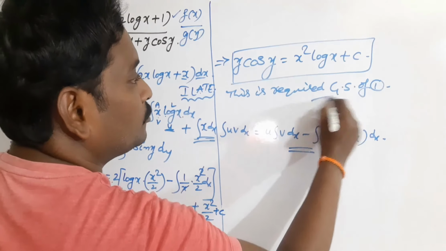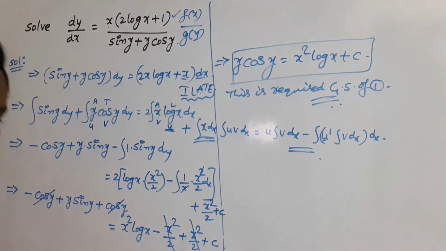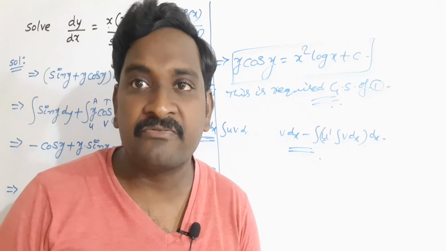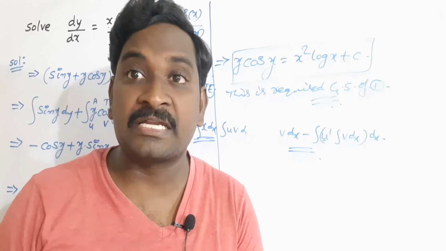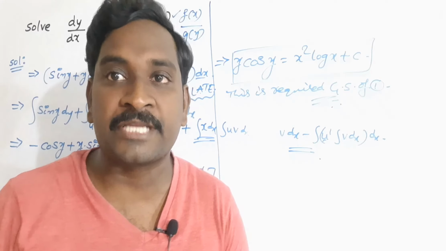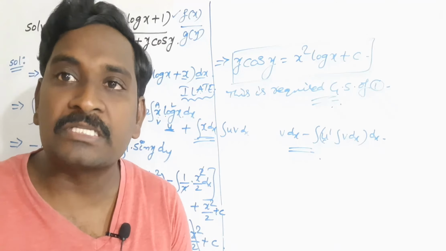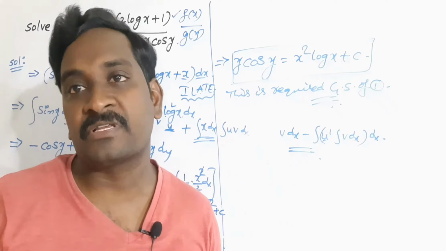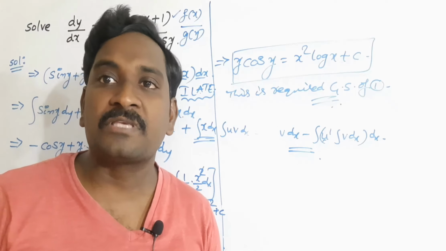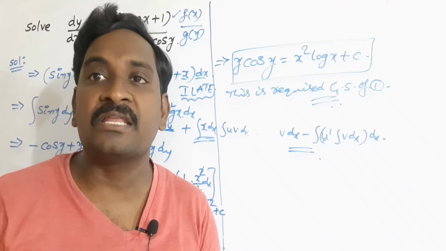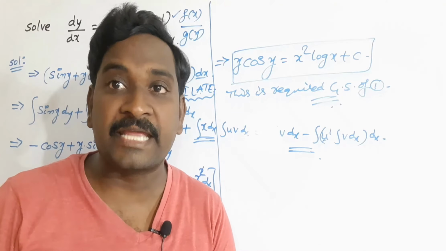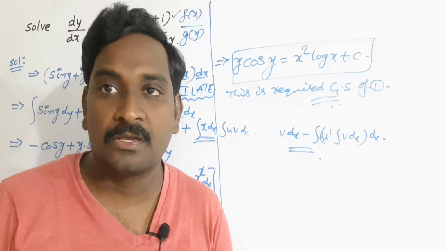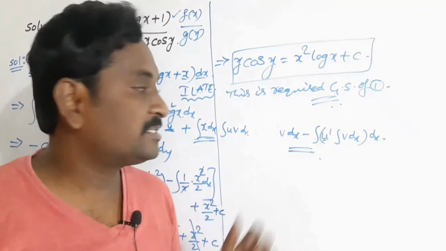Don't forget one important thing. Since the given differential equation is a first order and a first degree differential equation, its general solution must contain only one arbitrary constant. The number of arbitrary constants in the general solution should be equal to the order of the given differential equation. Suppose if we solve a second order differential equation, then its general solution should contain 2 arbitrary constants, otherwise 2 integral constants. Okay, both are same. I will say another problem.